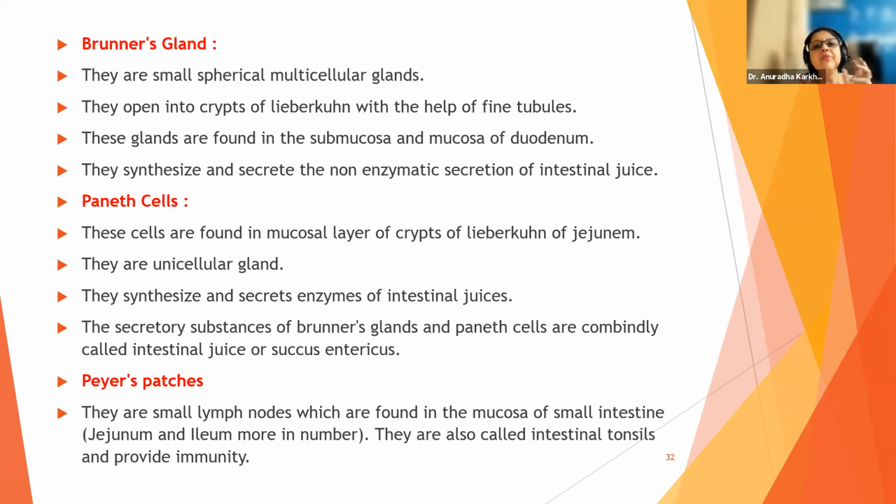So accordingly, we are going to have different glands. In the stomach, we have gastric glands. In the duodenum, we have Brunner's gland. And in the jejunum, we have Paneth cells. Okay, okay. Larger mucosal layer? No, the stomach is going to have a thicker muscularis layer. Tissue layers can be different in the whole tube from mouth to anus.